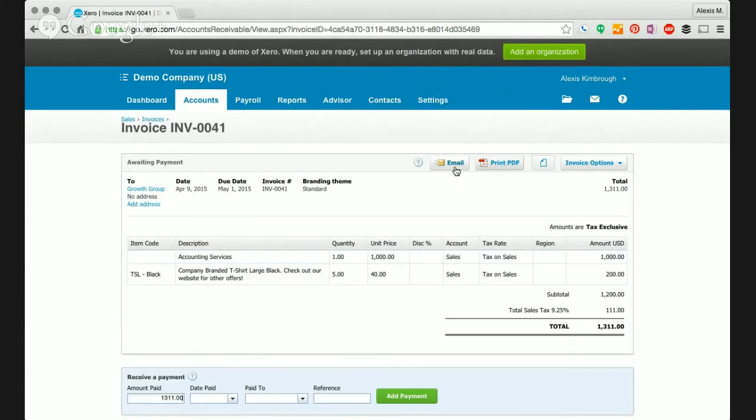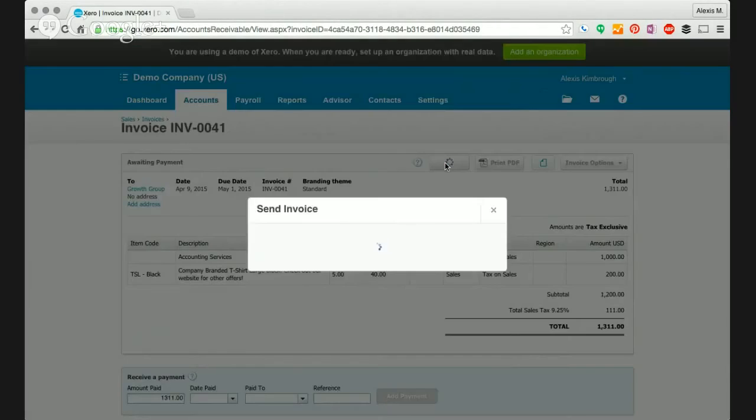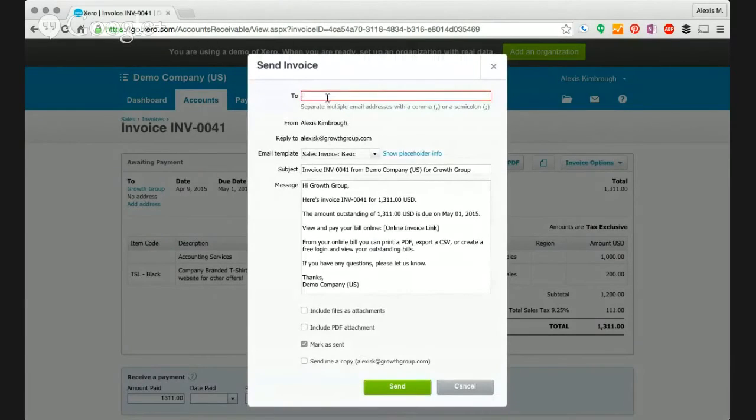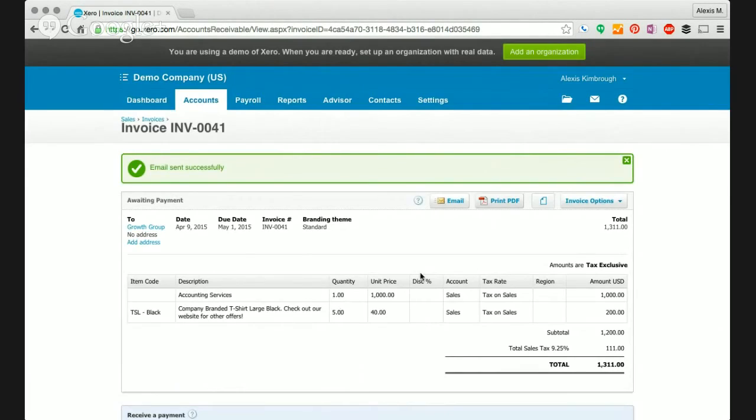Once you're ready to send this invoice off, you can email it directly from Xero. You can just add in that person's email address, okay? And we'll do it for right now. We'll send it to info@growthgroup.com. And you can include a PDF attachment, but I actually like to leave the PDF attachment off. The reason being, we're going to go ahead and send this, but the reason being is that when we go ahead and look at our invoices again,